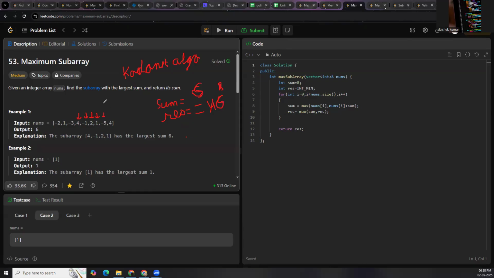So next element is -5. So -5 and our sum is 6. So 6 minus 5 will be 1. So among -5 and 1, 1 is greater. So I will initialize my sum with 1. And after that, I will maximize my result. So my result is 6 and sum is 1. So it will remain 6 only. And after that, we will move to next index,